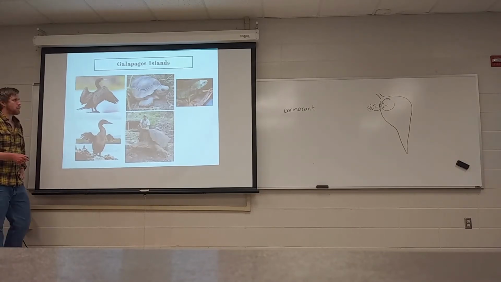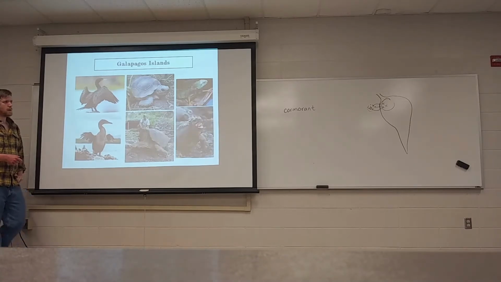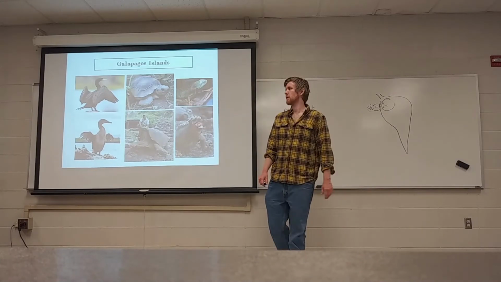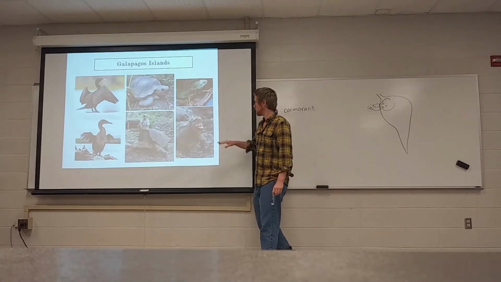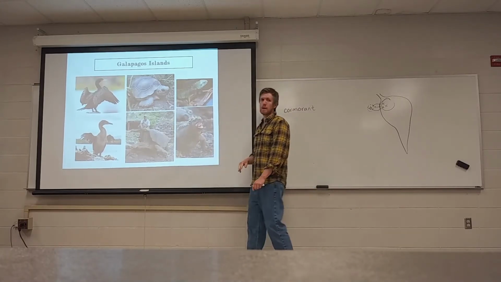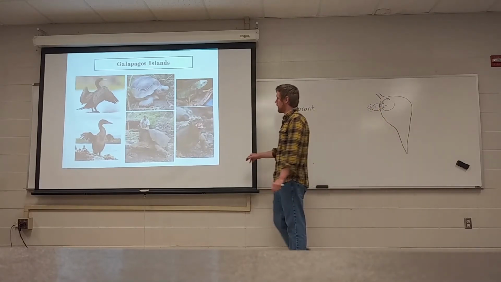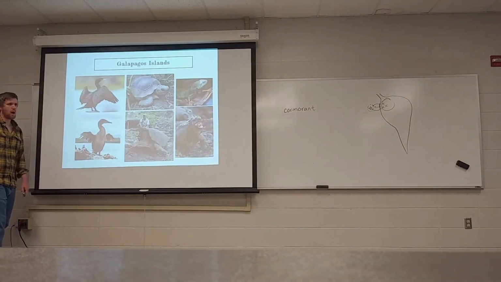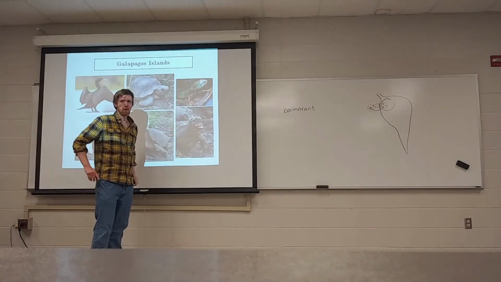Off to the top right, we have a green iguana. And this is a marine iguana. So this is not an example of what a lack of predators will do. This is an example of natural selection favoring radiation into a new habitat. Marine iguanas live in the rocky coastal areas of the island. Things to notice. Coloration, first of all, tends to match the more grayish tones of the rocks as opposed to being green, camouflaged with leafy growth.